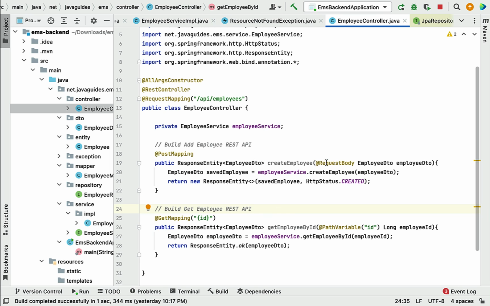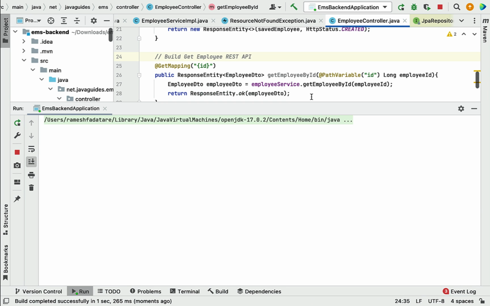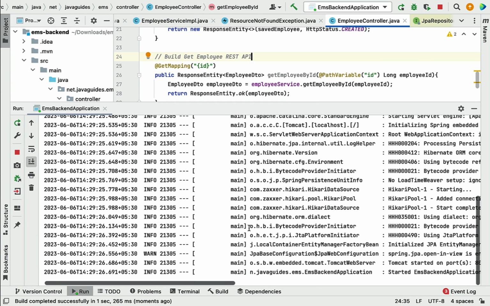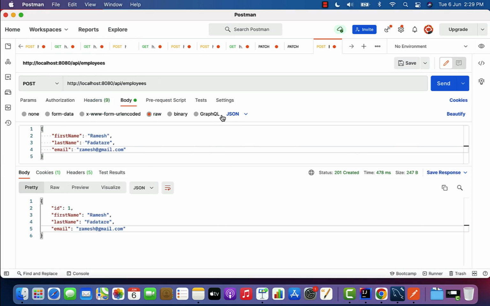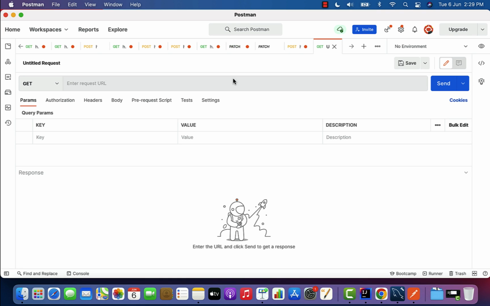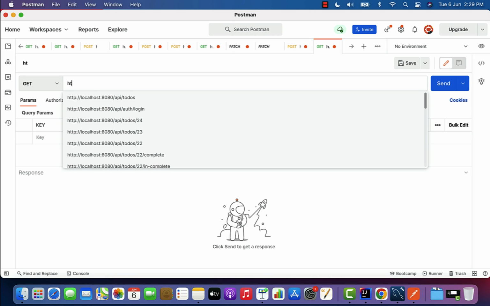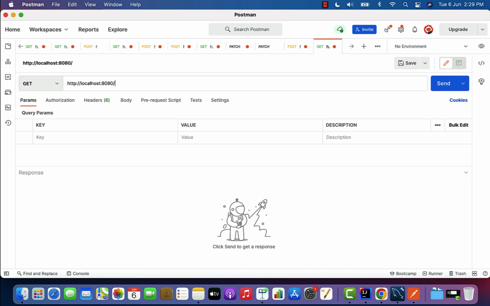Next, let us rerun our Spring Boot application and let us test this REST API using the Postman Client. So from here I want to stop and rerun the Spring Boot application. Well, notice here our Spring Boot application is up and running in the embedded Tomcat server on port 8080. Next, let us go to the Postman Client over here and let us create a new request. And here let us choose the HTTP GET method and let us enter the request URL http localhost